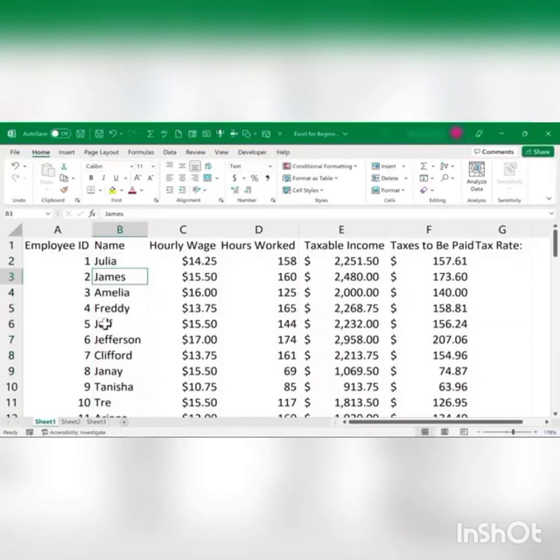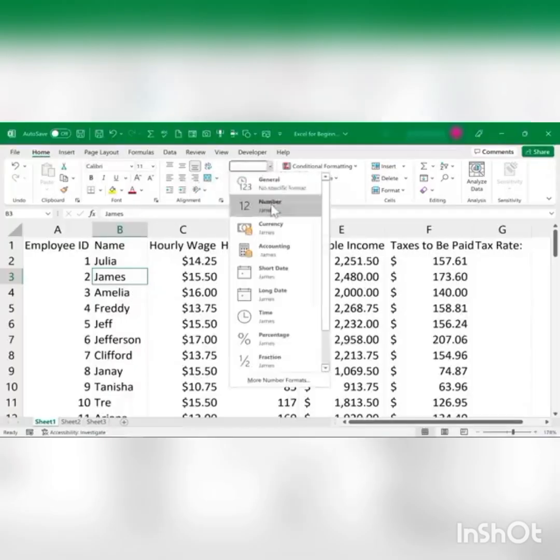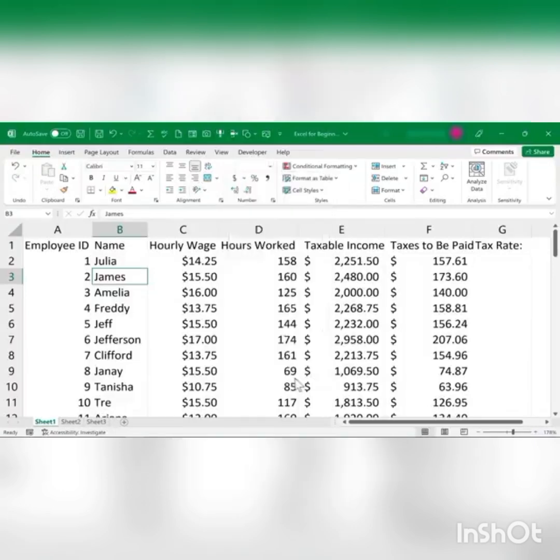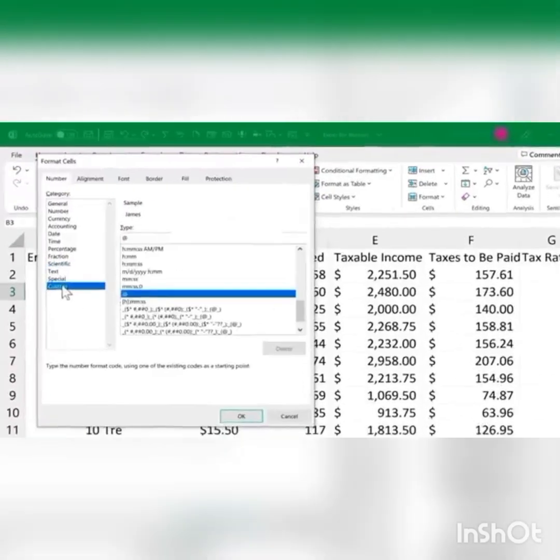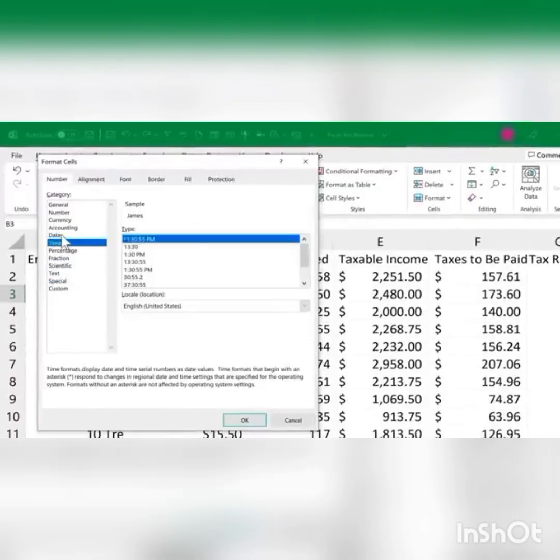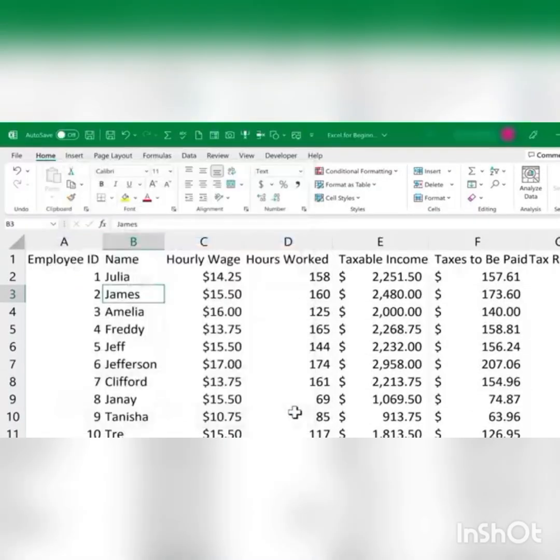If Excel interprets what you type as numbers, generally speaking, it will align to the right in the cell. So you can see all of these numbers are aligned to the right. These names are aligned to the left. But you can change some of that if you want using the alignment options and also by changing the number or text formats. There are also some more formats. You can click here to see what those are. You can set up some custom formats. There's different time and date formats that are worth checking out. I'm going to cancel, and let's look at some other ways that we can format our data,